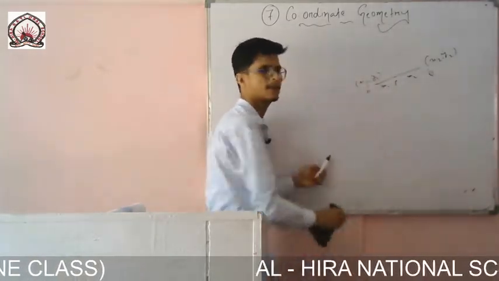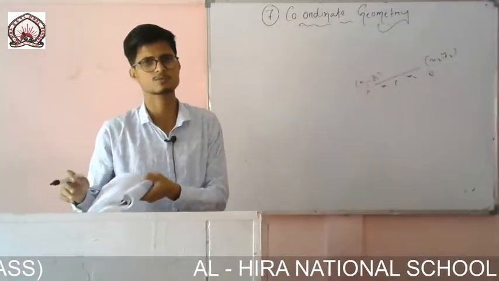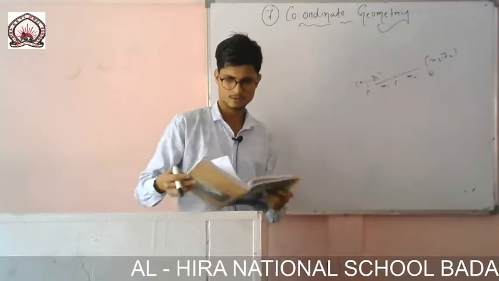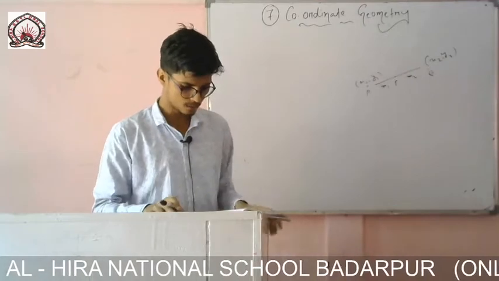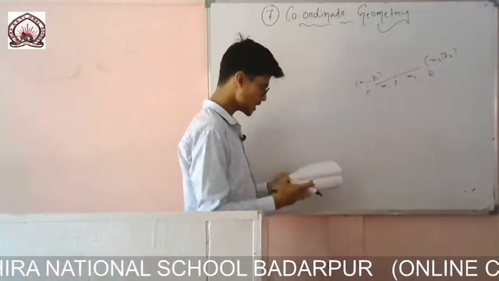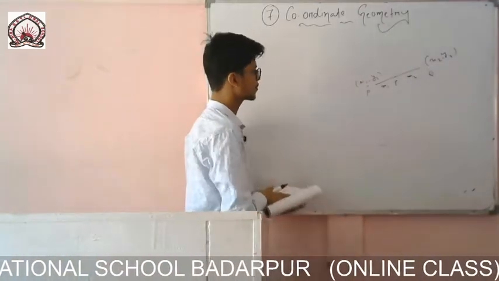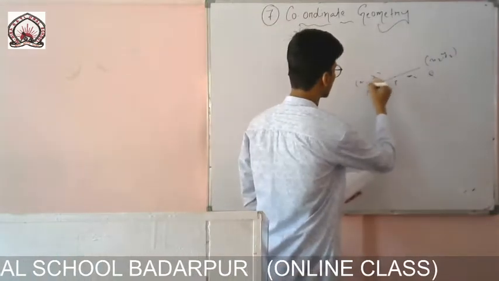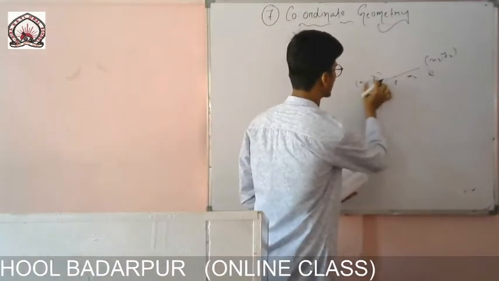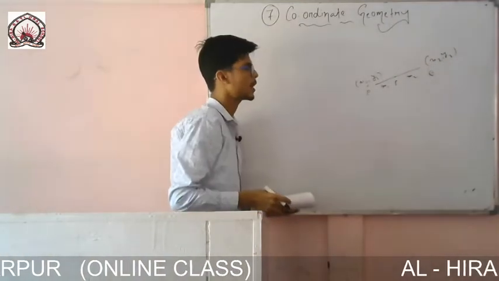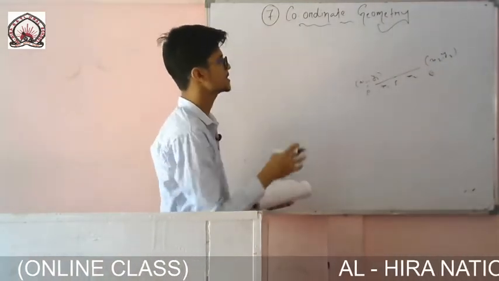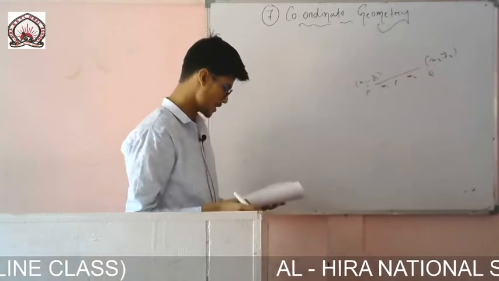Derivation is not needed actually; if it is needed, then later on when the class begins we will discuss it. It is not important for your exam, so we will simply stick to the content that is there. So you see here the section formula: the point P I have written as x1, y1, the coordinate of Q I have given as x2, y2, and the line is divided in the ratio m1 is to m2.